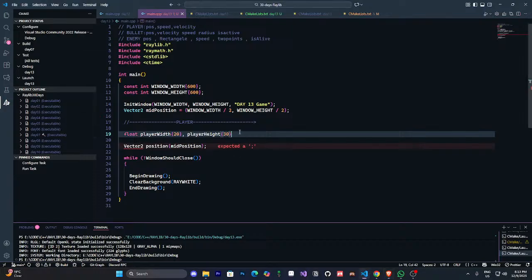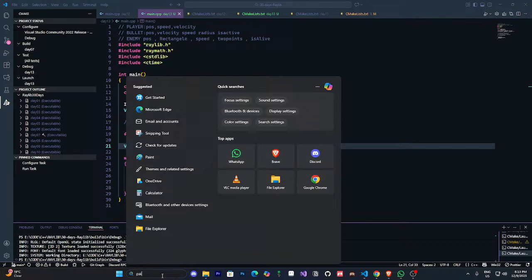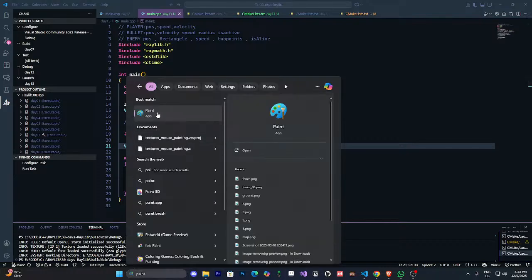And now the vector position should be mid position dot x comma mid position dot y, and from x I need to